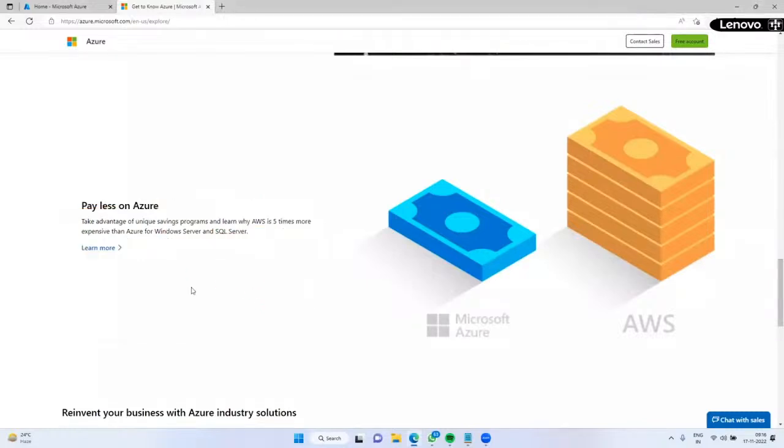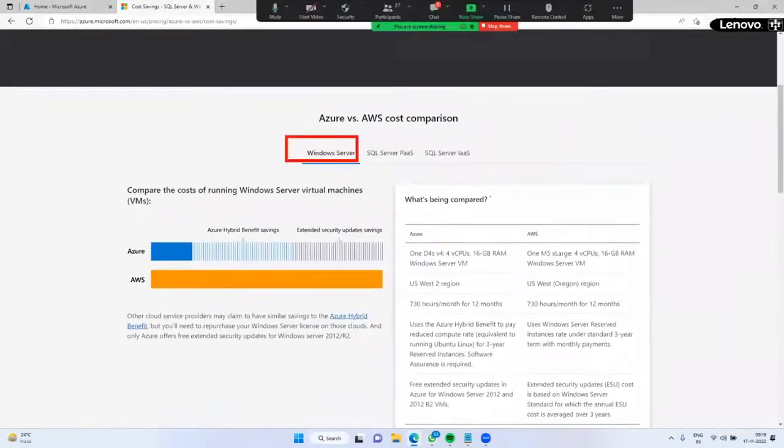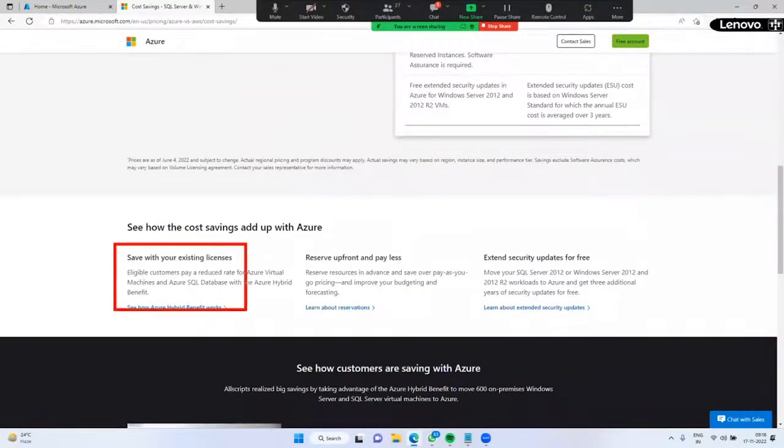This is about the usage of Azure. Apart from that, scroll down. Here we have Windows Server very cheap, Microsoft SQL Server very cheap, Azure IaaS very cheap compared to AWS. You can save the cost. You can migrate your servers from on-premises to Azure with the same license cost.